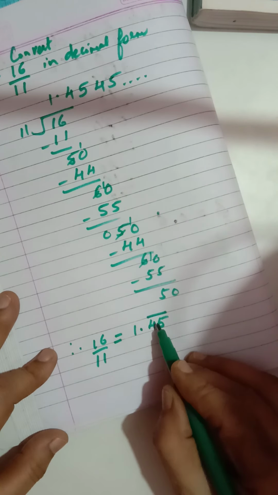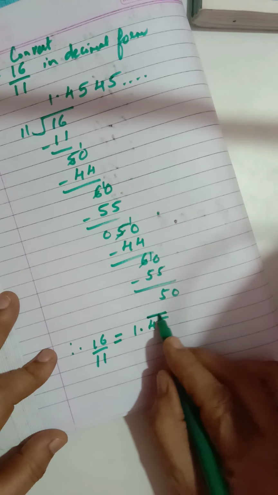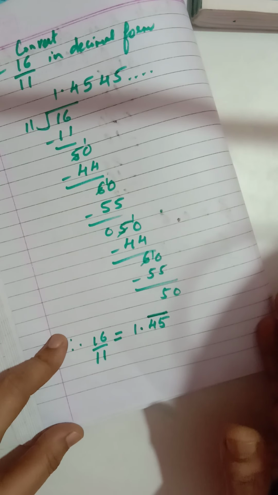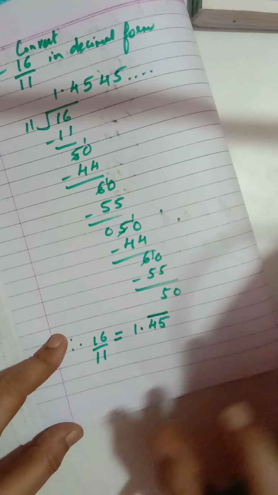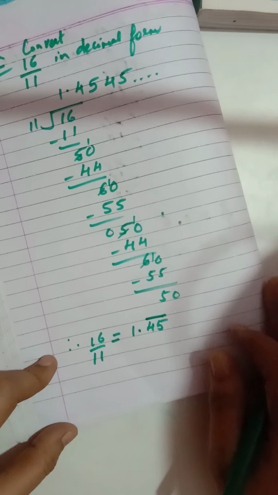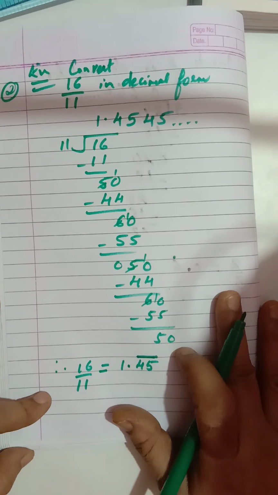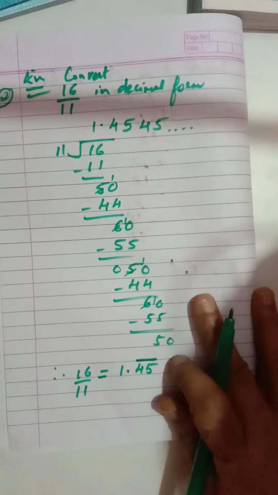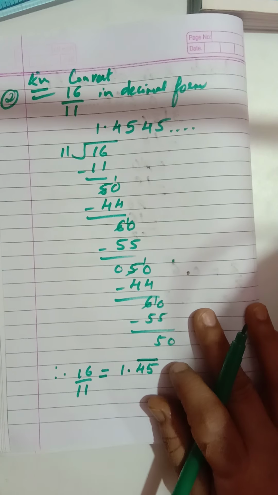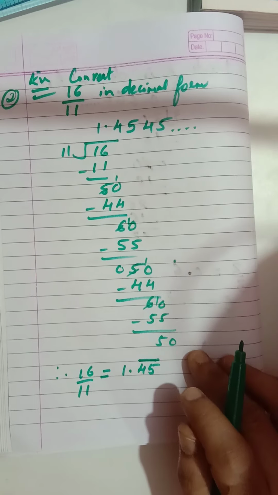So for 2 digit, 3 digit, 4 digit, you will show by using a bar, and only for 1 digit we have an option, either you show by a dot or by a small bar, both will do. Okay, children, so this is called recurring decimal form. Now what we have seen, decimal form of a rational number will be of two types. One is terminating decimal form, second is recurring decimal form. If your division is getting over, it is terminating decimal form. If your division is not getting over, it is recurring decimal form.